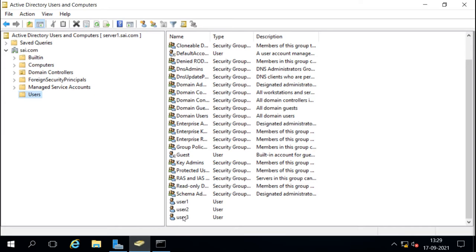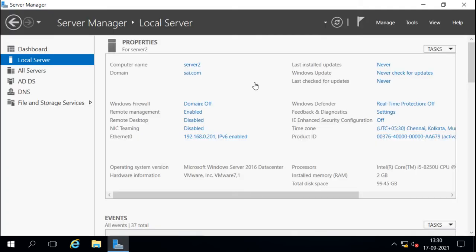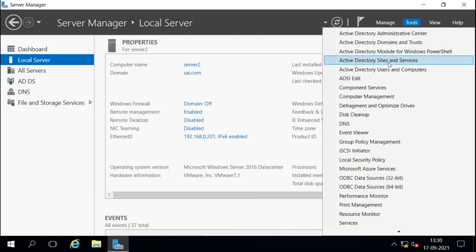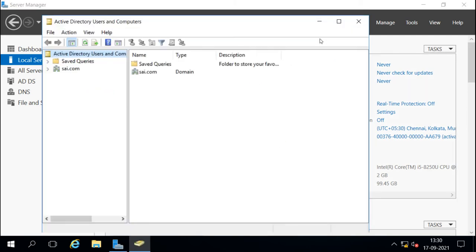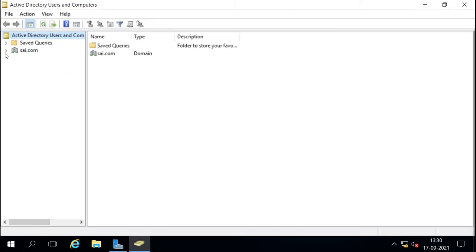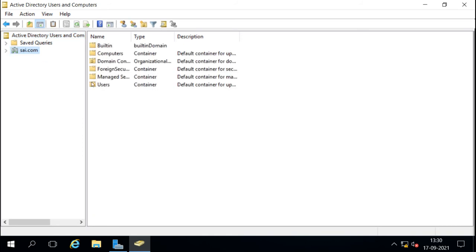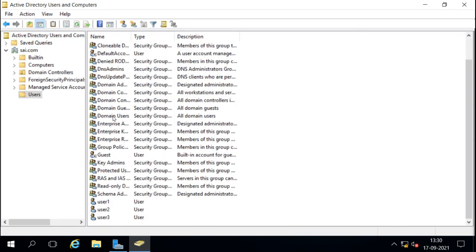Now if we go to the other domain controller, this is server 2, which is also a domain controller, and when we go there into Active Directory Users and Computers, the information will be updated here as well that the user is not available. So user 4 is also not available here.